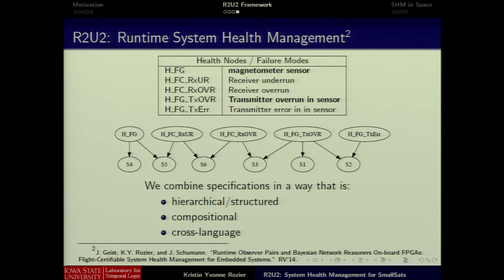occurring. And then we can feed their outputs through sensor nodes to a Bayes net that has health nodes for each of these possible errors. And so you can see here that the probability that there is a magnetometer sensor error is dependent upon the outcomes of these 2 temporal logic formulas and some other data as well in this case that's not in this picture. And this would help us determine with high probability whether or not we're suffering this error. We can do this in real time.